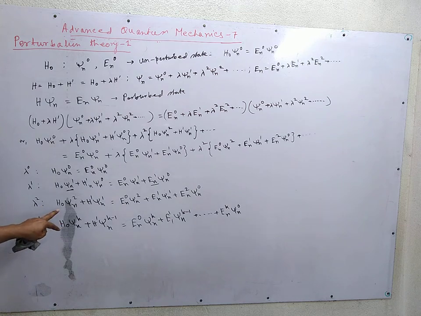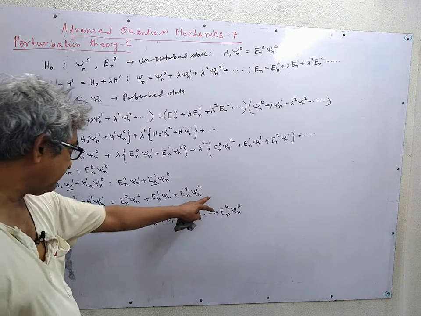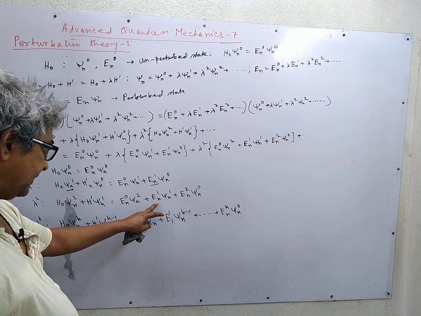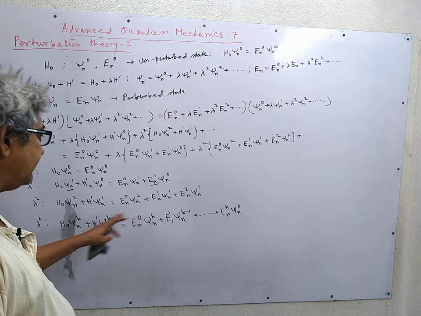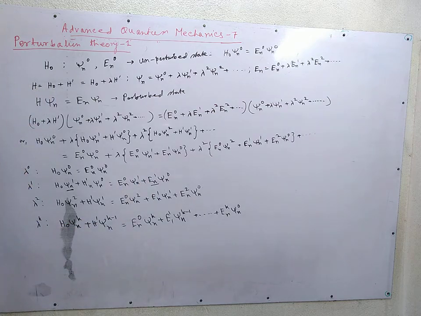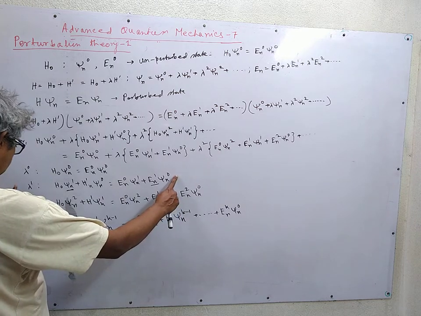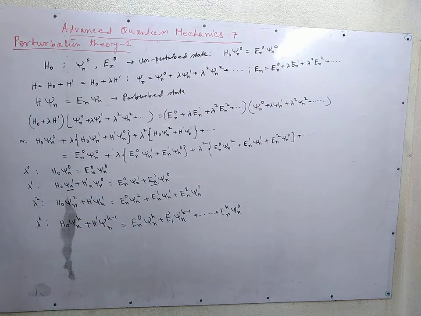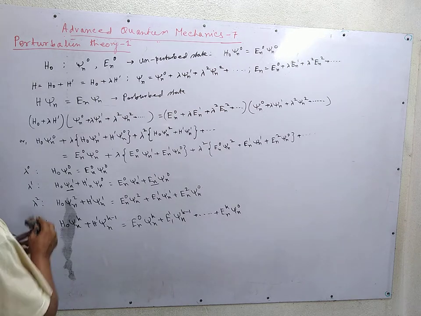So the second order theory includes the unperturbed Hamiltonian, unperturbed wave function, unperturbed energy, first order correction to energy, first order correction to wave function, and the second order correction to energy and wave function. We shall confine ourselves to first order theory only. So we will solve only this part of the equation, and the rest will be treated in still higher classes. So in first order theory,